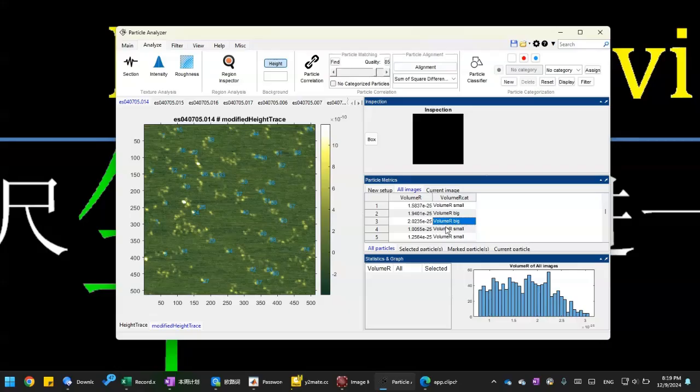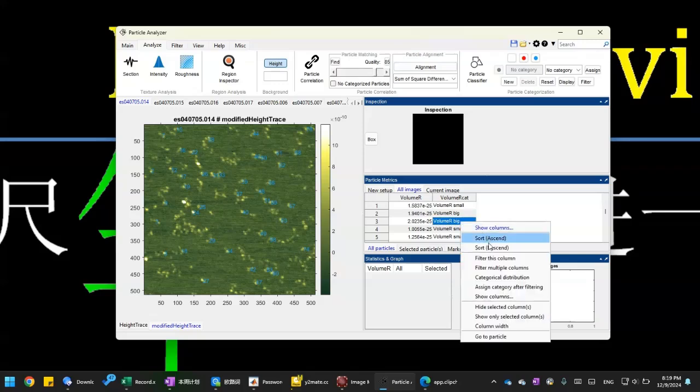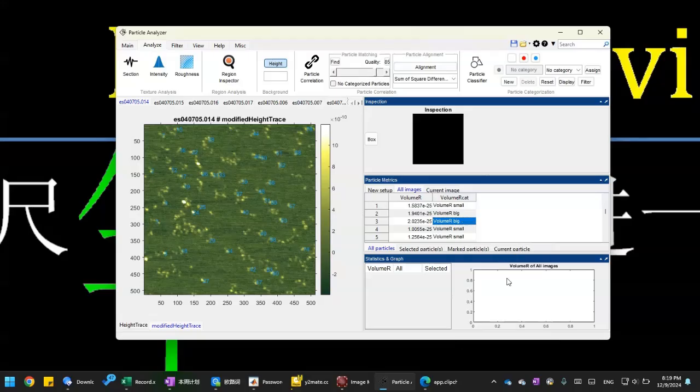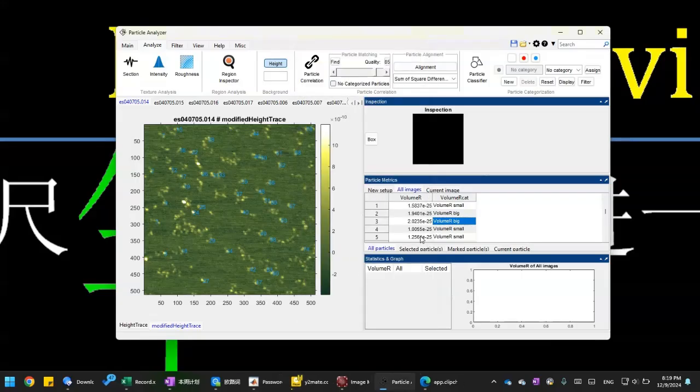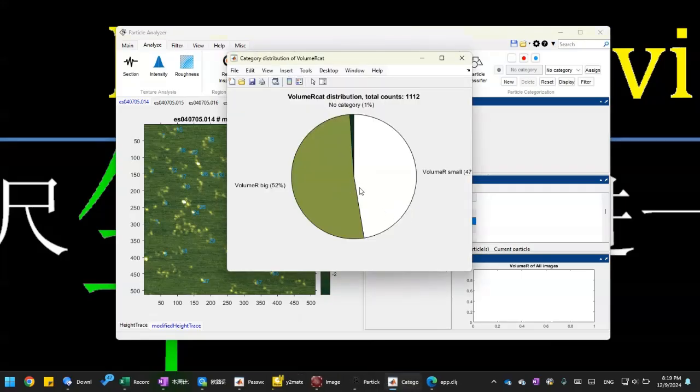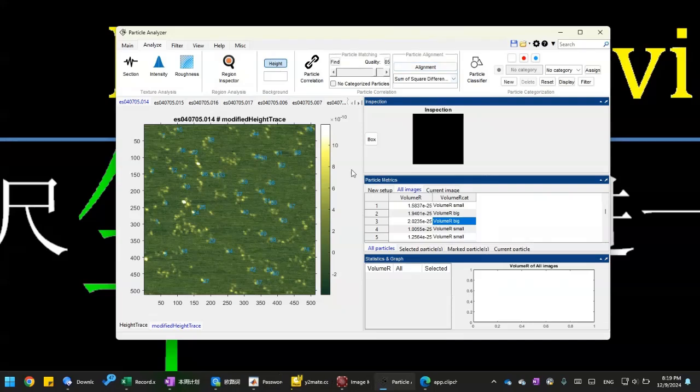So after that, I right-click this column, and then I can select categorical distribution. This will create a pie chart for our volume distribution. As you see, it lists the categories, the total number of particles, and the percentage of each category that we just assigned. All right, that's the quick walkthrough of how to use particle analyzer to do simple particle filtering based on particle metrics